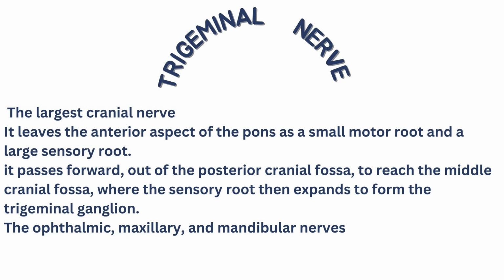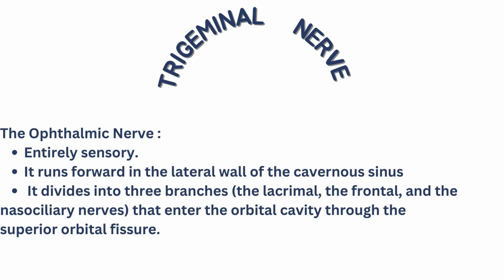There are three divisions of the trigeminal nerve: the ophthalmic, maxillary, and mandibular nerves, which arise from the anterior border of the ganglion. The ophthalmic nerve is entirely sensory. It runs forward in the lateral wall of the cavernous sinus and divides into three branches: the lacrimal, frontal, and